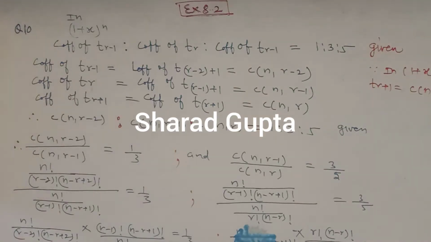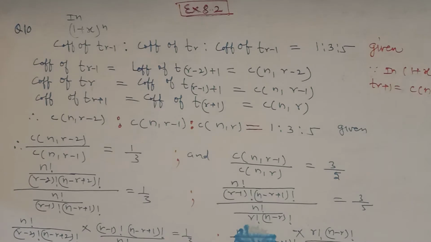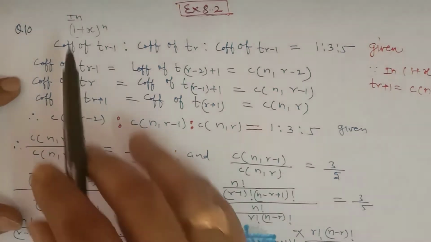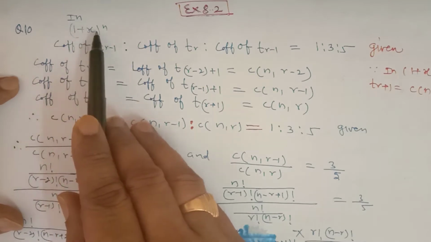Hello, this is lecture number 5 for the chapter Binomial Theorem, and we are discussing exercise 8.2. In the last lecture we discussed up to question number 9. Now in question number 10, it is given that there is a binomial expansion (1 + x)^n,